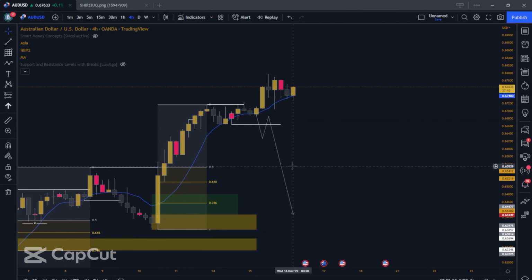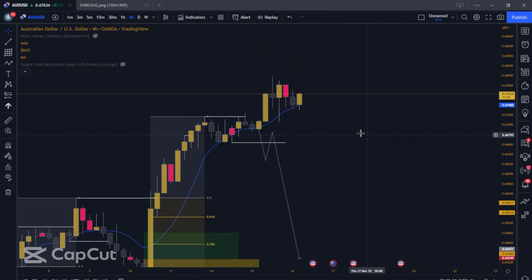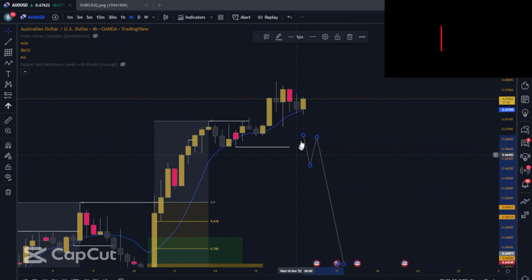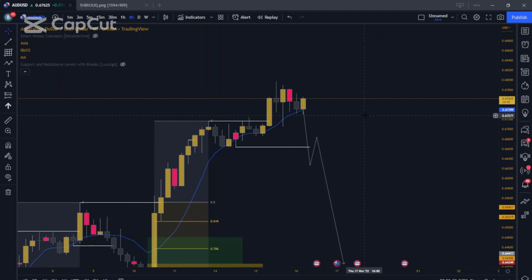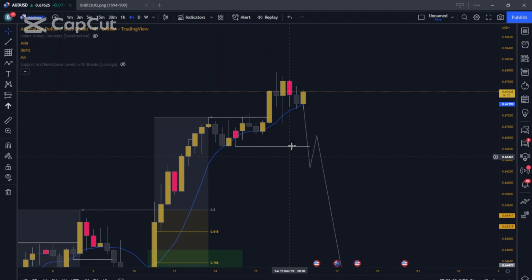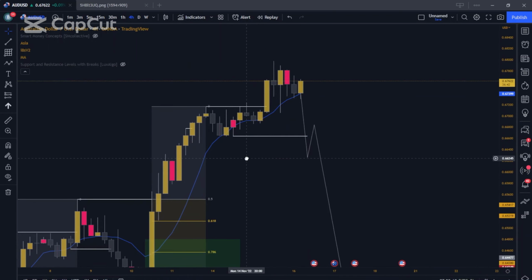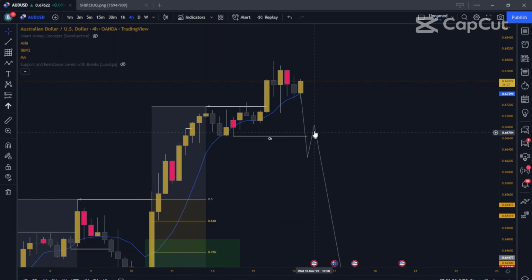Okay, AUD USD also boosting. So we're still waiting for the same thing, a break of structure down here, because no other interesting structure has been created. So if we get a break of structure to the downside, this will confirm our pullback, because this high created up here was created by this low. So once this low has been broken, this is our change of character, and we can look for shorts from something up here.